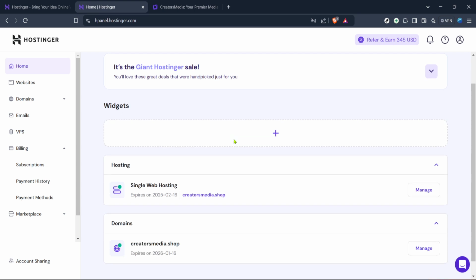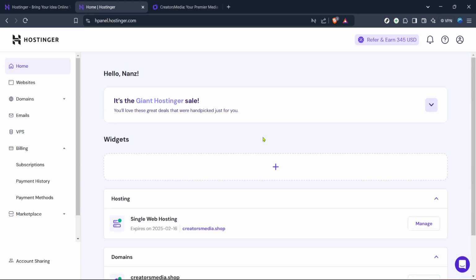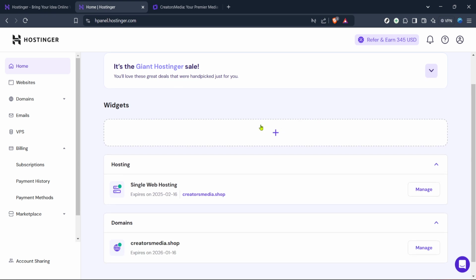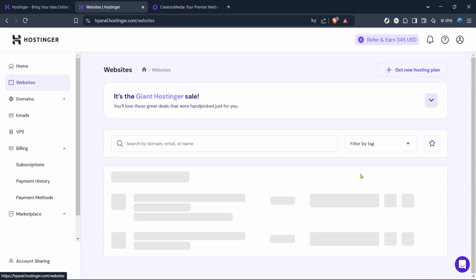Now that you're in the site editor, let's move towards adding your video. On the left hand side, you'll see a menu with various options. Look for the Add Elements button. This is your gateway to enhancing your website's features. Once there, scroll through the variety of elements. Keep an eye out for the video option. Clicking on video will prompt the tool to add a video placeholder where you want your video to be on